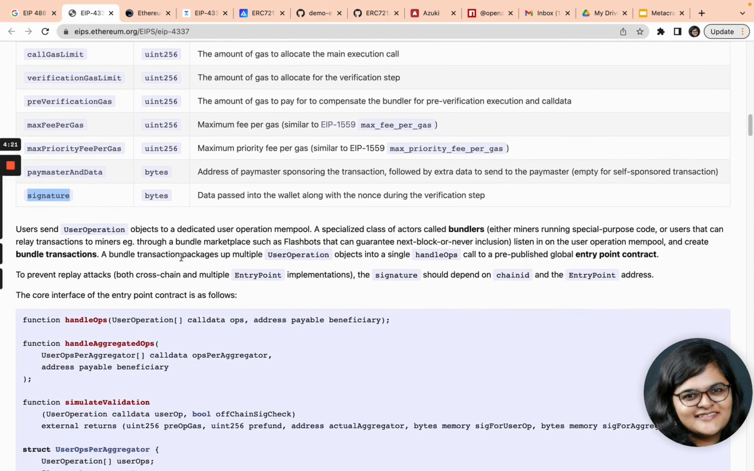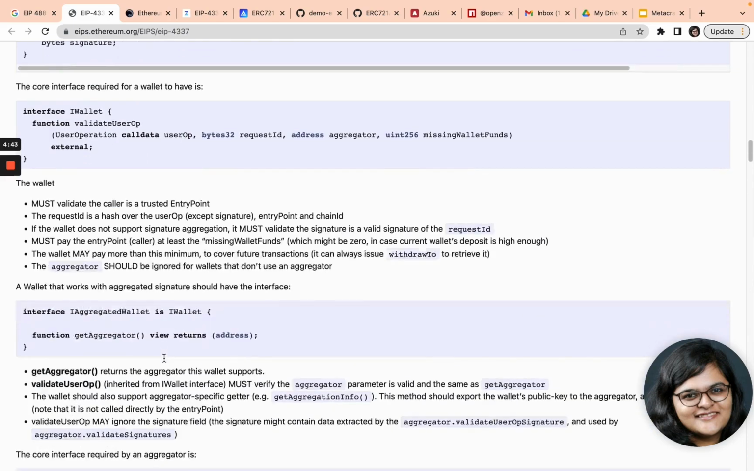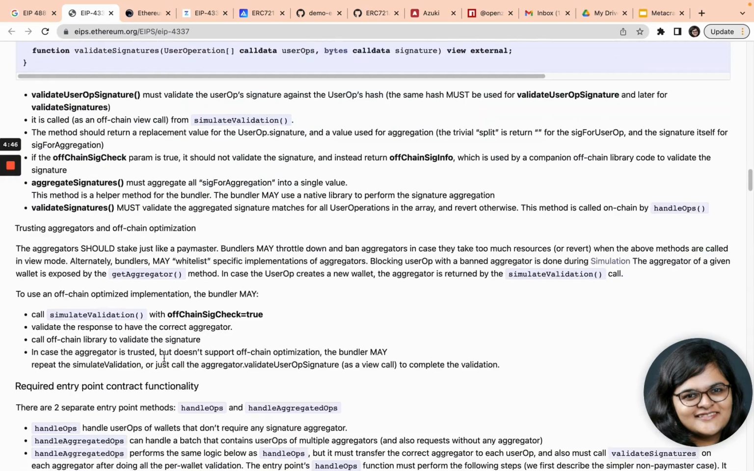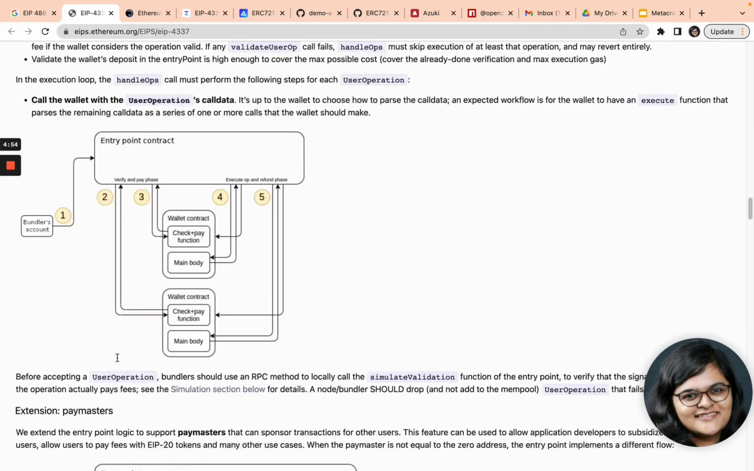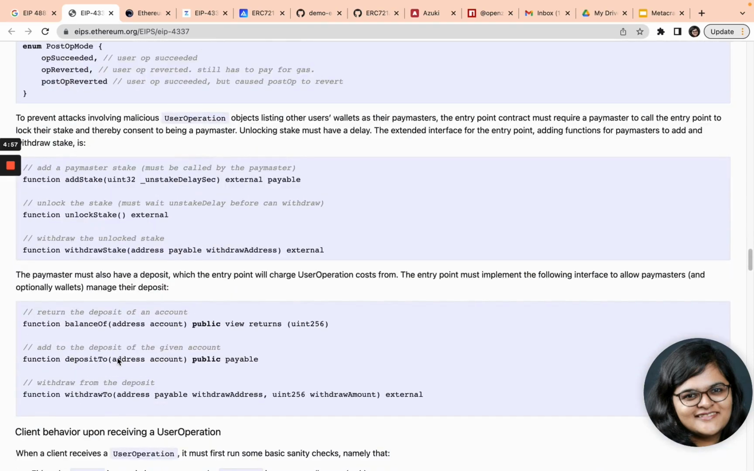Now, users send user operation objects to a dedicated user operation mempool. And then there are something called bundlers, which can listen in on this user operation mempool and create bundle transactions. These bundle transactions then eventually become associated with the wallet operation that the user has to perform. If you go through EIP 4337, you can understand in much more detail the entry point contract functionality and so on. However, in our particular lesson, what we are going to focus on is how to